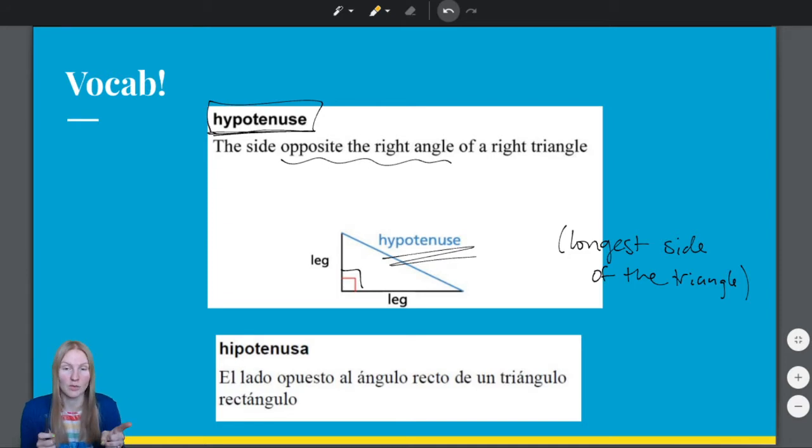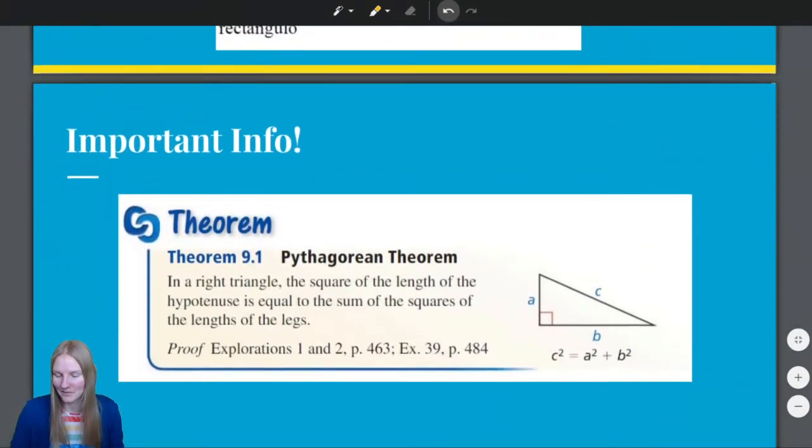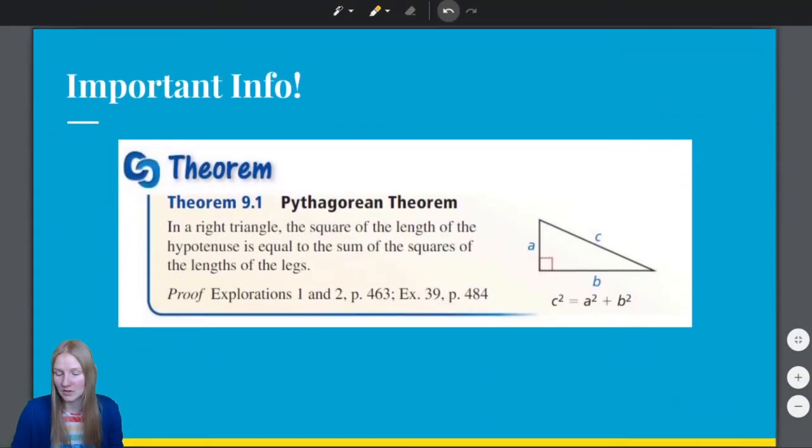Remember section 6.5? The bigger the angles, the bigger the opposite side is. So, that's a result of section 6.5. And if you want that, I'll put a link to that video in the description, because why not? Alright, those are actually all the vocab words we need to jump right into the